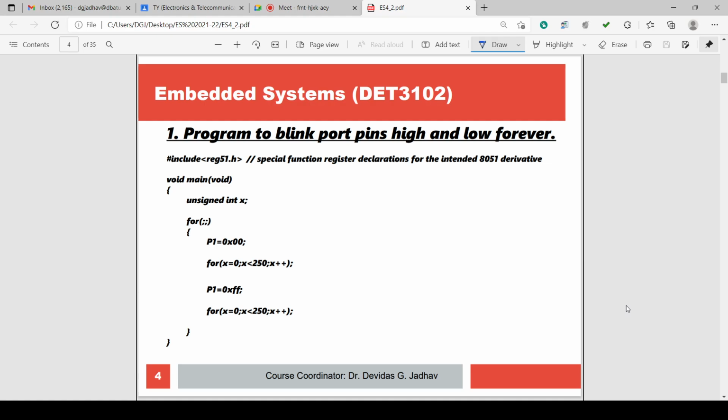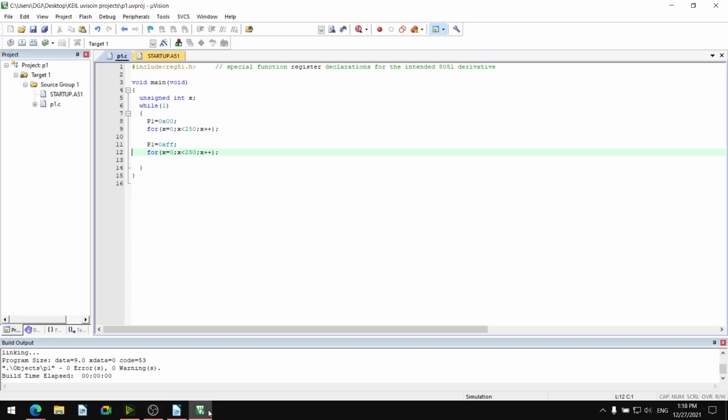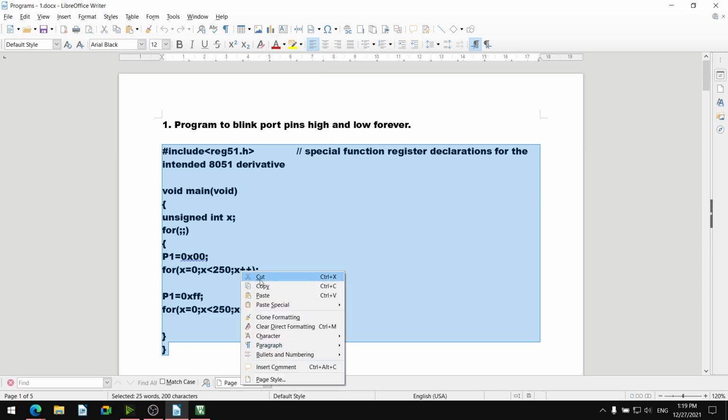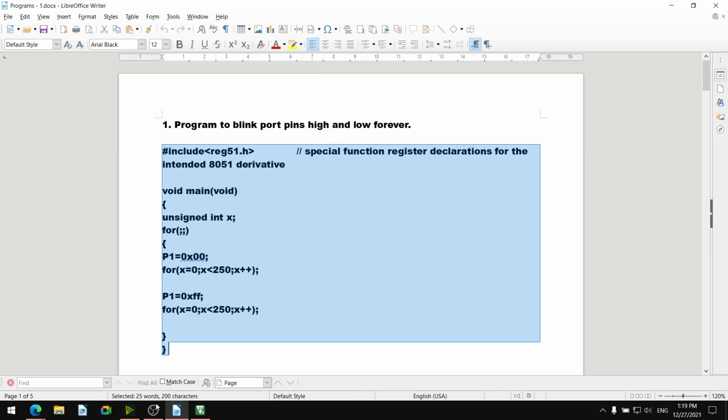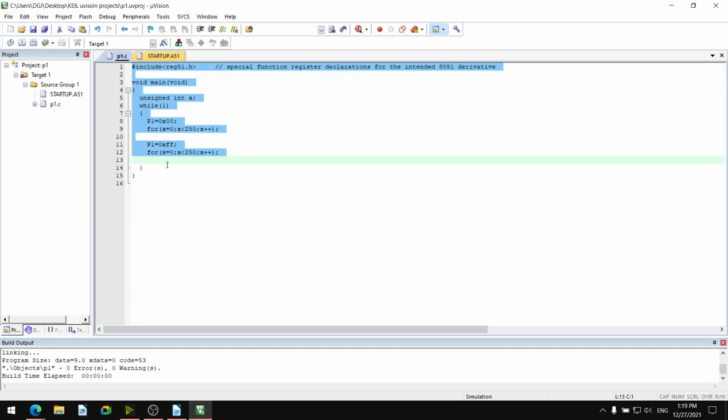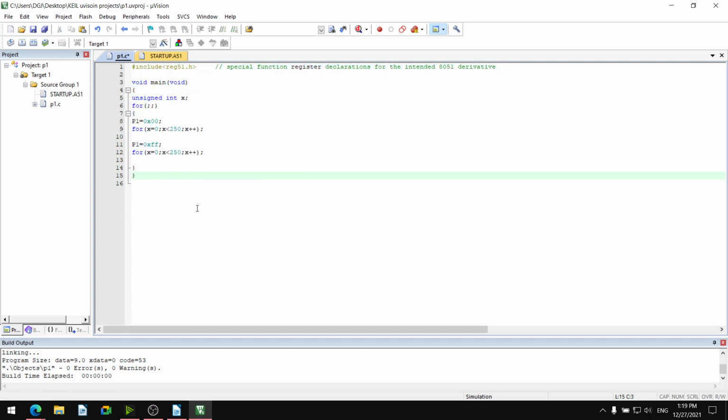I'll launch the Keil software and share it with you. I have explained whatever is not recorded. I will again copy it. Paste it.